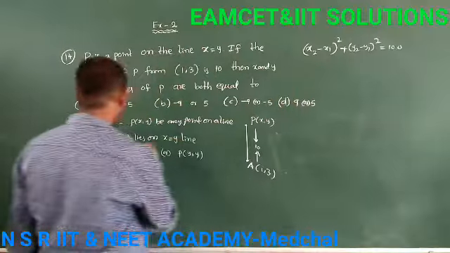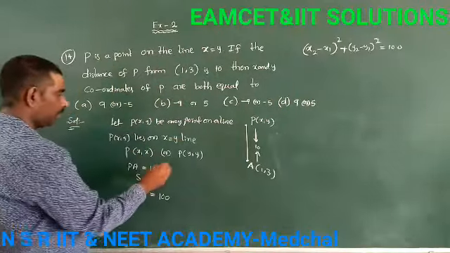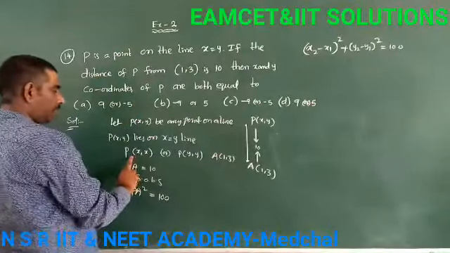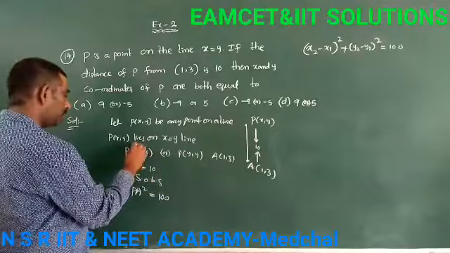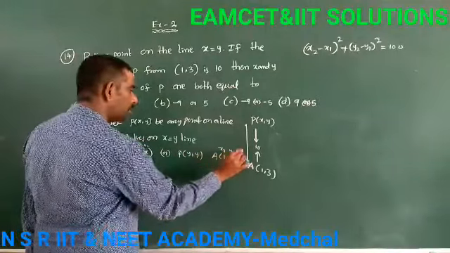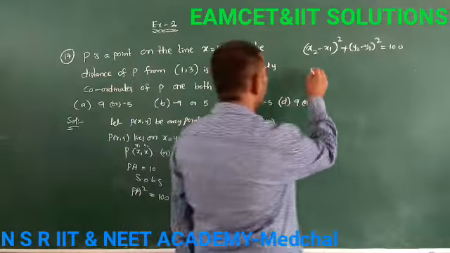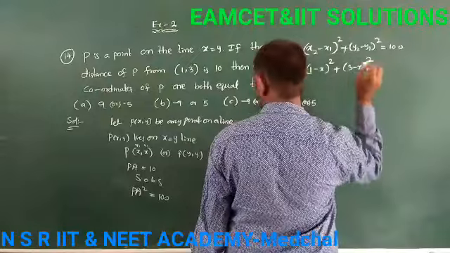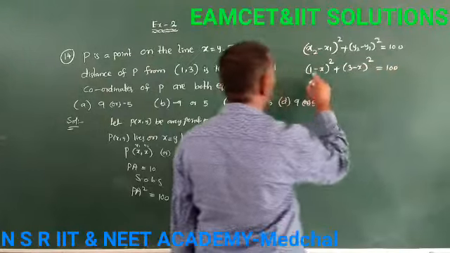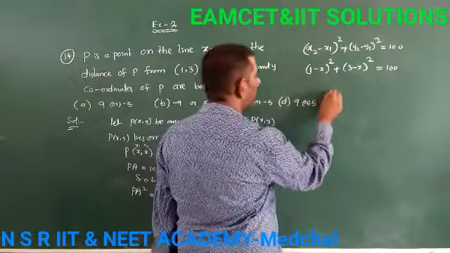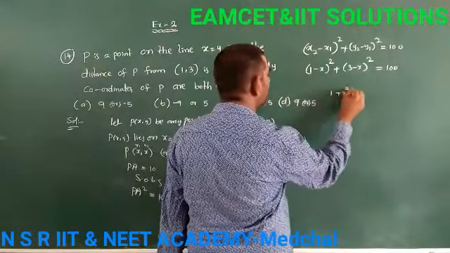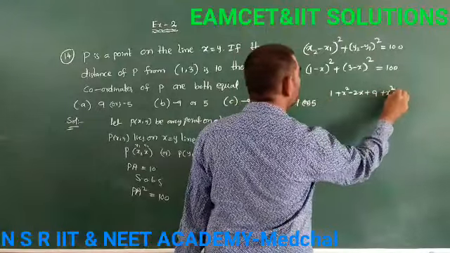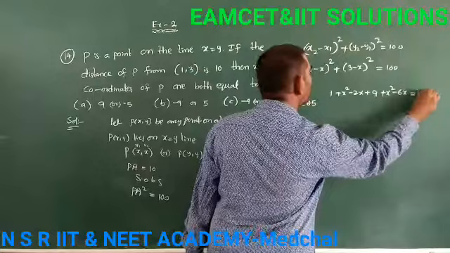So x2 minus x1, y2 minus y1. This one is A, 1 comma 3. Consider any one point P, x comma x or y comma y. So this one is x1 y1, x2 y2. So x2 minus x1 whole square, 1 minus x whole square plus 3 minus x whole square equal to 100. So a minus b whole square has the form a square plus b square minus 2ab. Here also, 3 square is 9 plus x square minus 6x equal to 100.